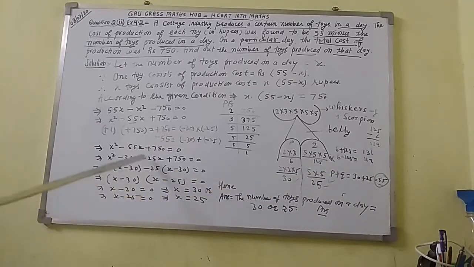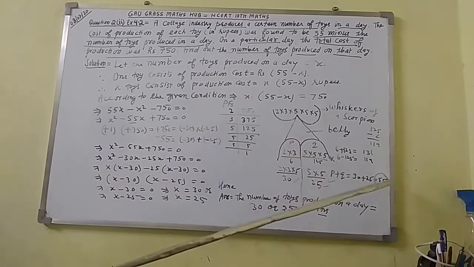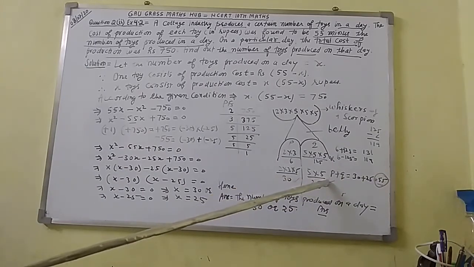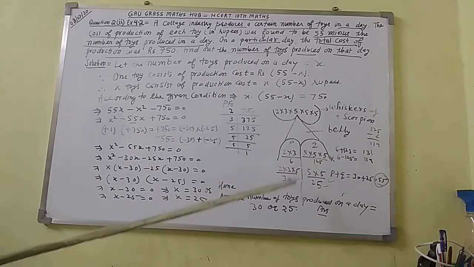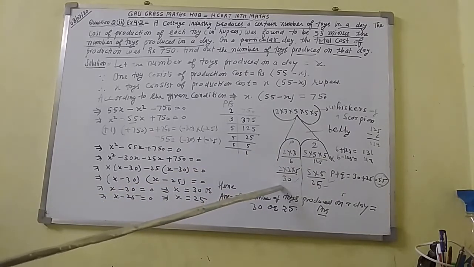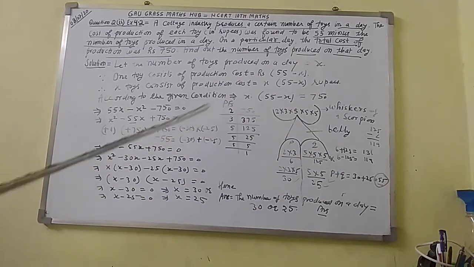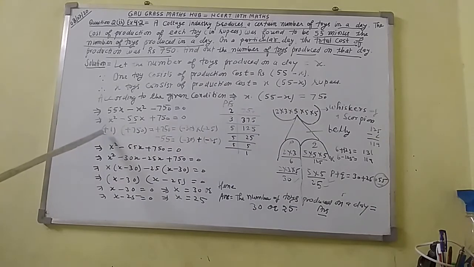This 55 is the coefficient of X, that is 55. These two 55 are matched together. That's why this distribution will be accepted, in which value of P will be 30, value of Q will be 25. Now, here I have written the coefficient of X square is plus 1. Here the constant term is plus 750. Both will be multiplied together. I have got here plus 750 equal to.